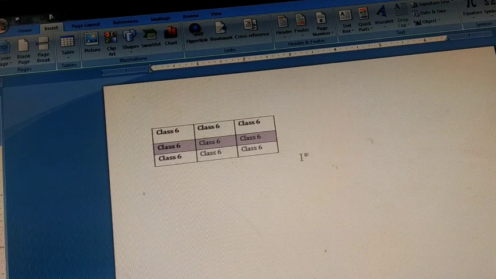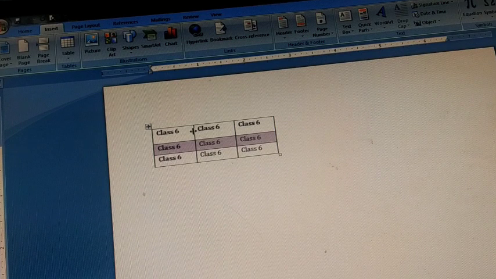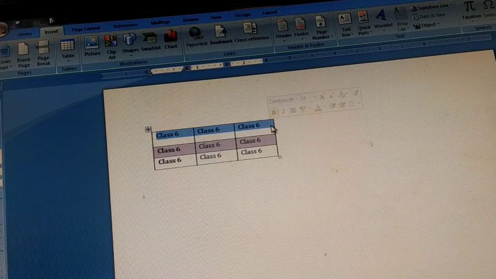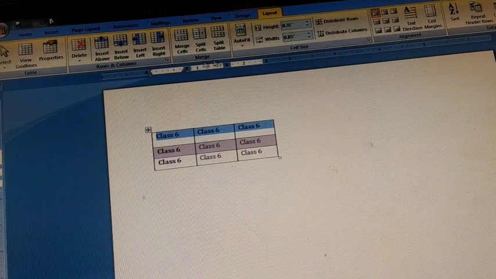The first thing, changing the appearance, means we can increase the height of the row, or we can change the width of the column. If we want to change the row height, we will select the row first whose height we want to change. I have selected the first row only. Going to the Layout tab, you can see that there are options: Home, Insert, Page Layout, References, and all these options are there.